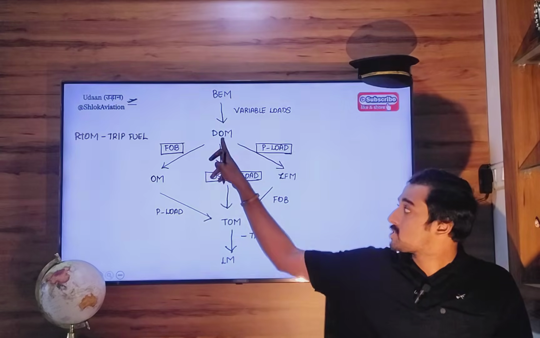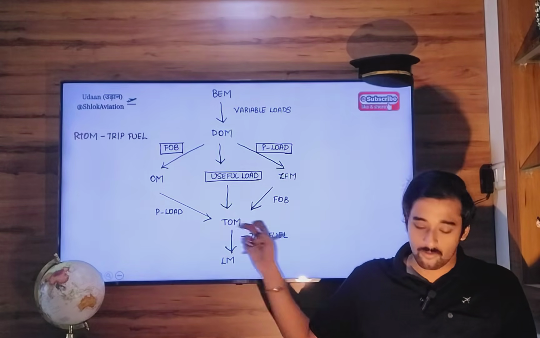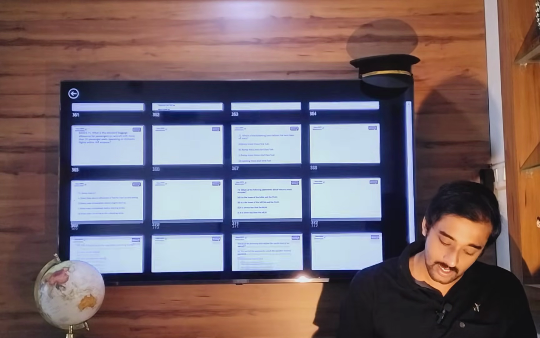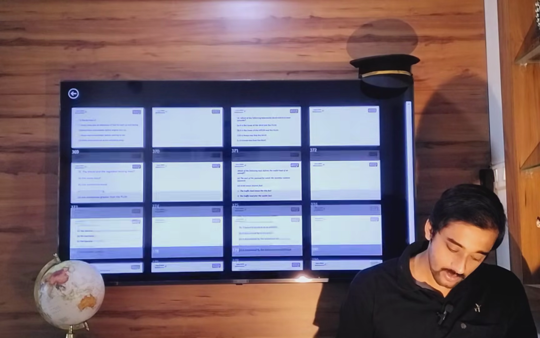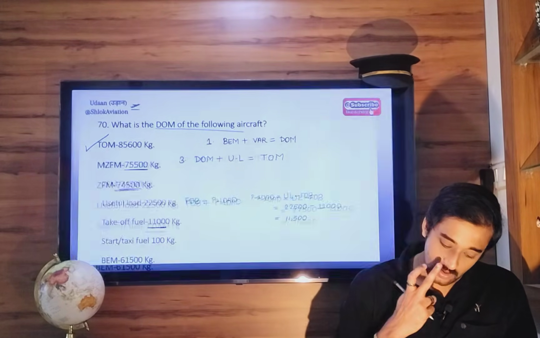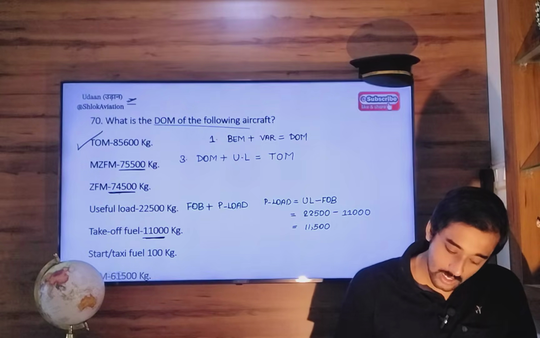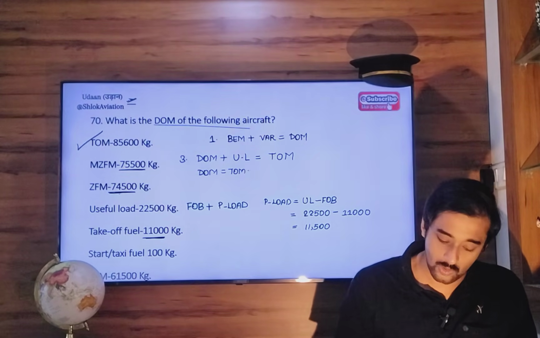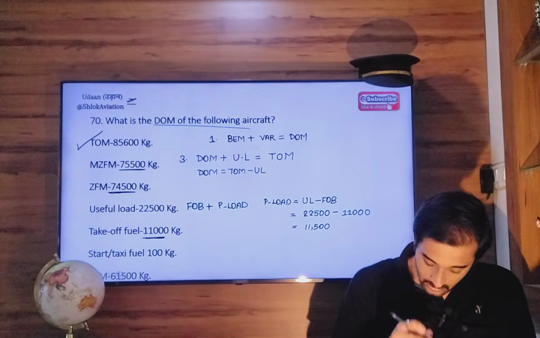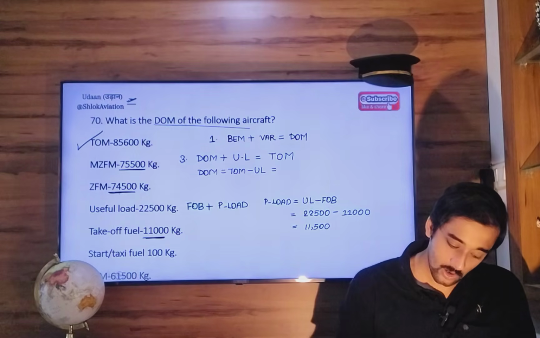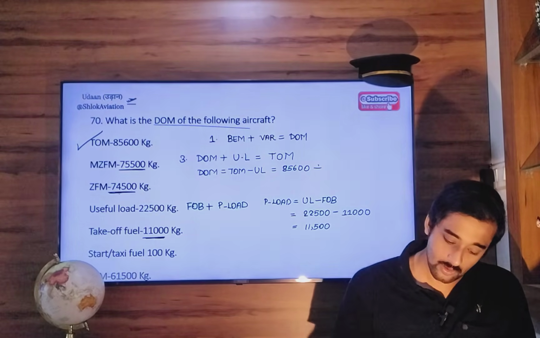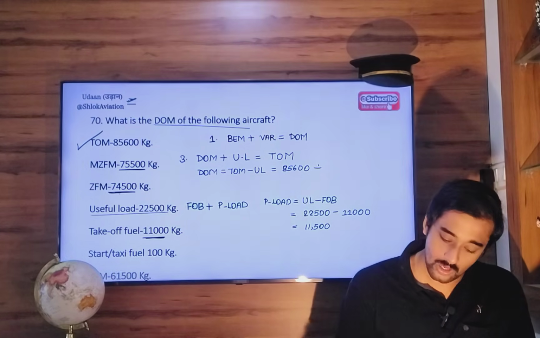We have these values given to us directly, so we can make use of them. Dry operating mass will be equal to takeoff mass minus useful load: takeoff mass 85,600 minus useful load 22,500